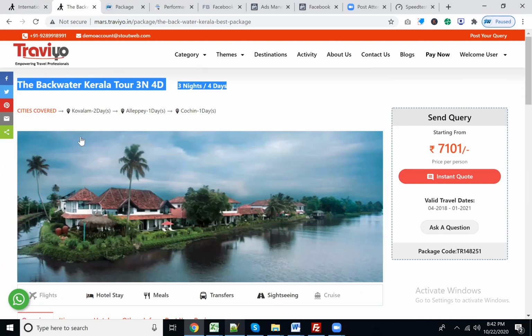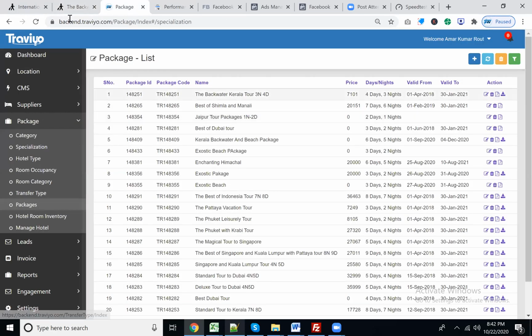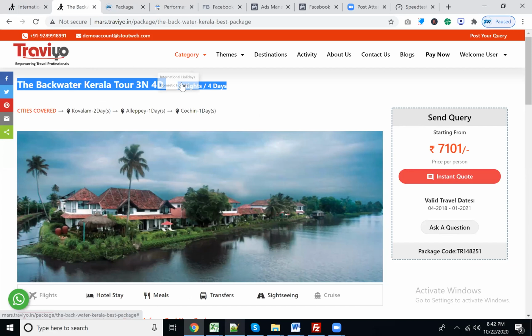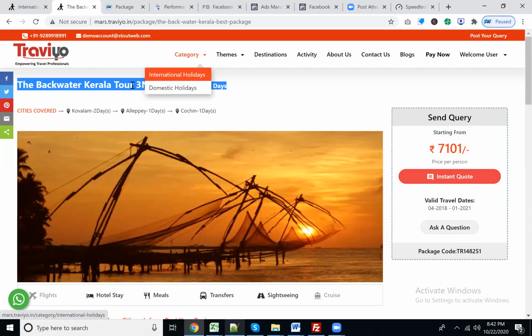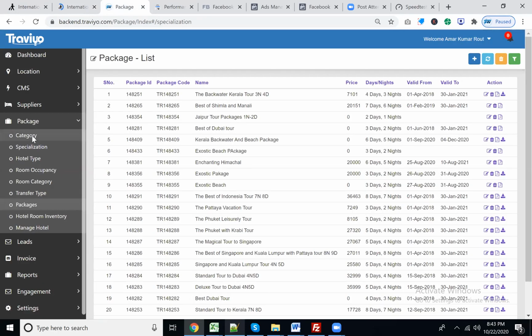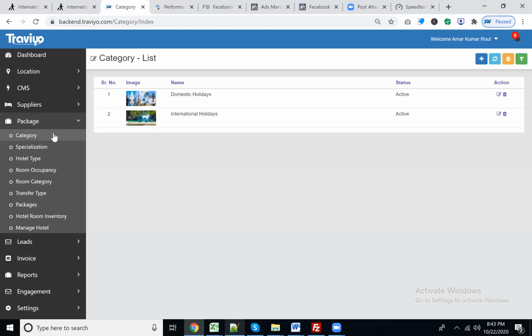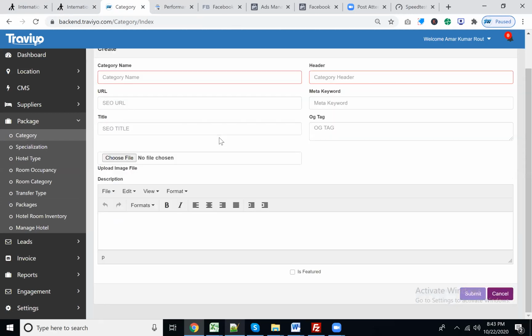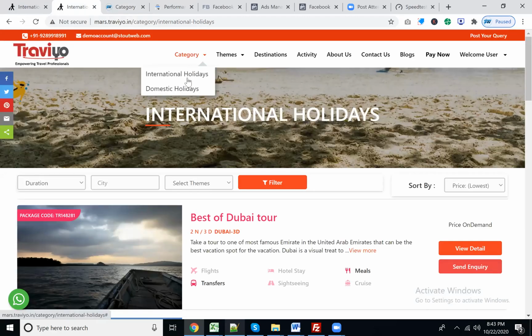So here, this package is lying here. I have explained to you the categories menu, how the category works, and the landing page for the category, and where you are going to create the categories from the categories menu. Now we have two categories. If you want to create a third category, just click on the plus button and create the category. Once we create a category, that category is going to appear in your website under this category menu. So again, how do you upload a package for that particular respective category?